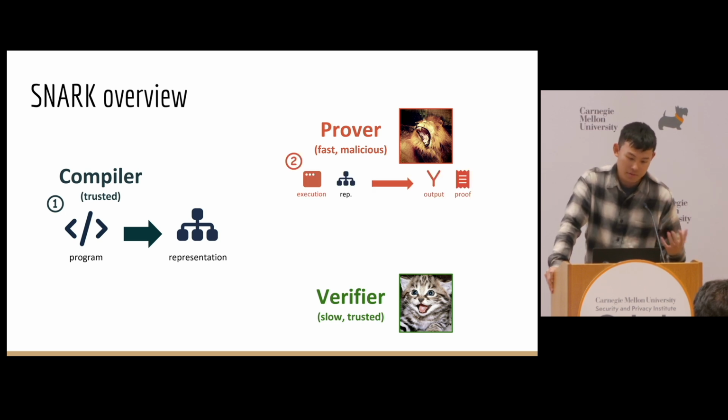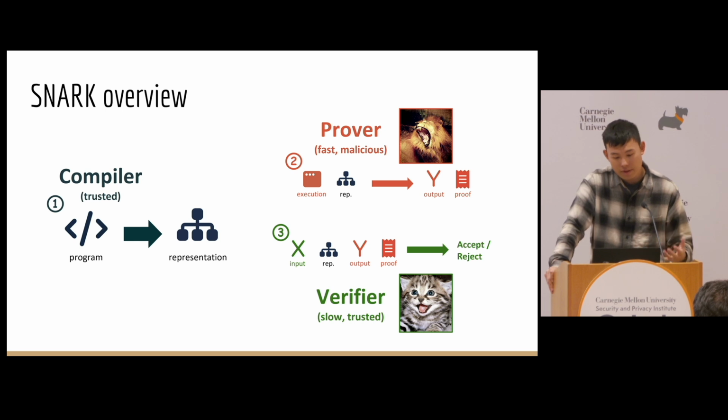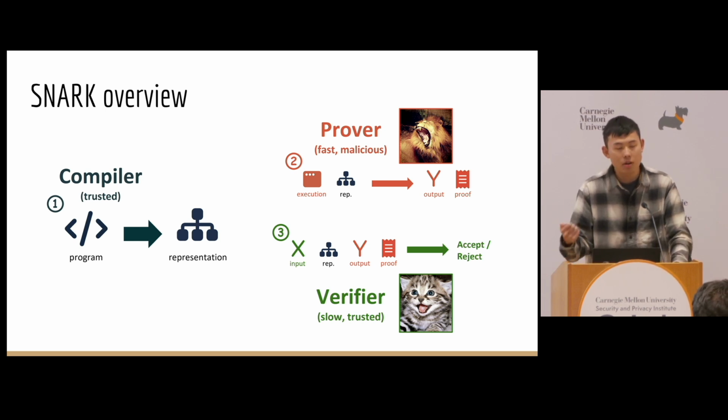Next, the prover executes the program together with a representation in the proof system to emit the output of the execution and a proof on the correctness of the output. Finally, the verifier checks the proof in time sublinear to program execution and decides to accept or reject the output